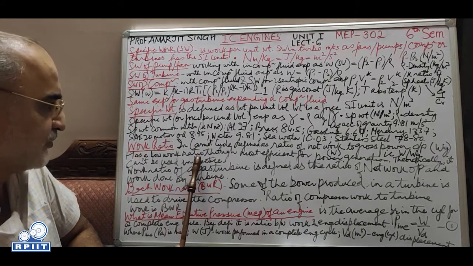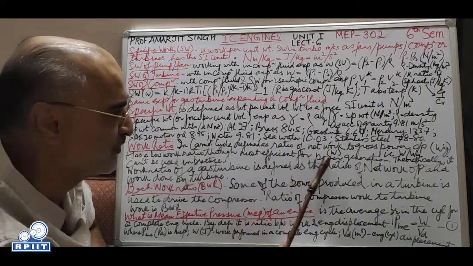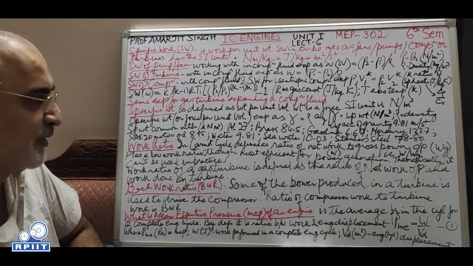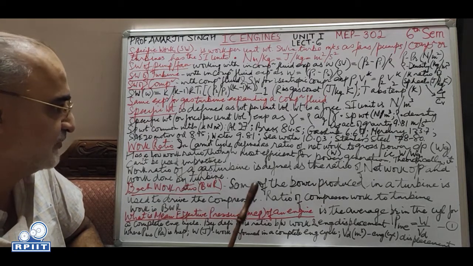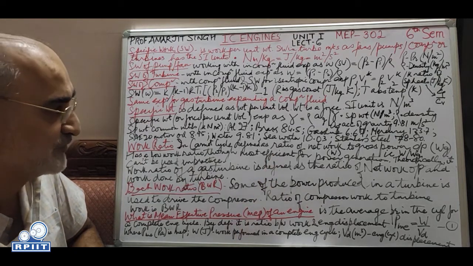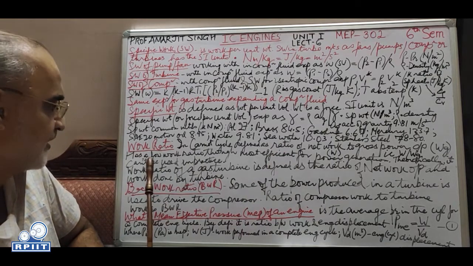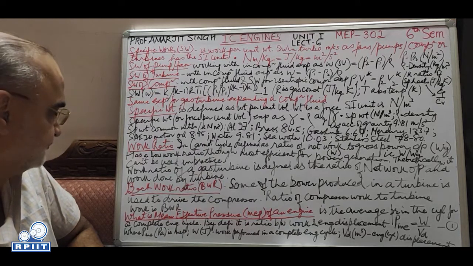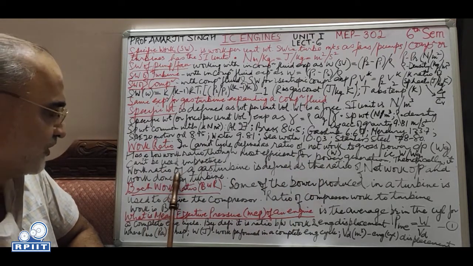The Carnot cycle has a low work ratio, though it is most efficient for power generation. I think we had covered this in the earlier lectures. It is very efficient, and therefore it was considered for power generation. So theoretically it is ideal, but it can't be used in practice. Work ratio of a gas turbine,